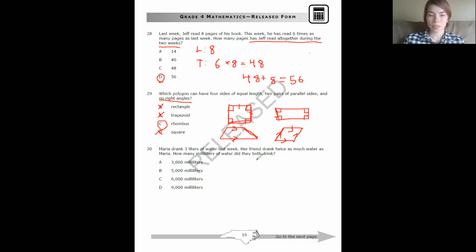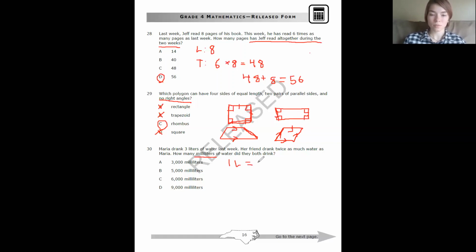30. Maria drank 3 liters of water last week. Her friend drank twice as much water as Maria. How many milliliters of water did they both drink? So if we look at this term, milliliters, a milliliter is equal to 1/1000th of a liter. That means that 1 liter